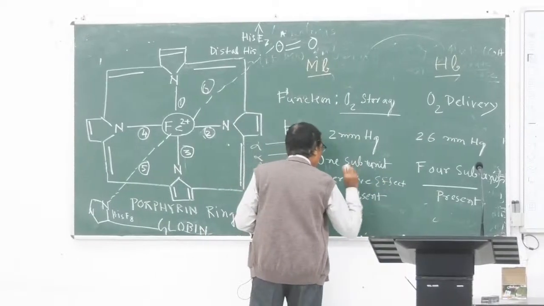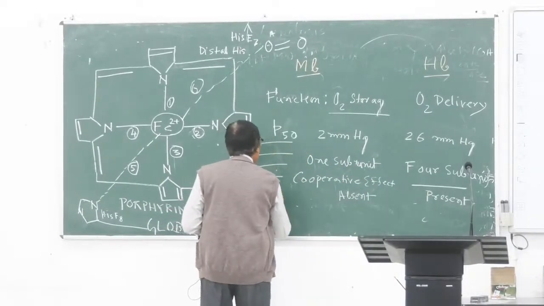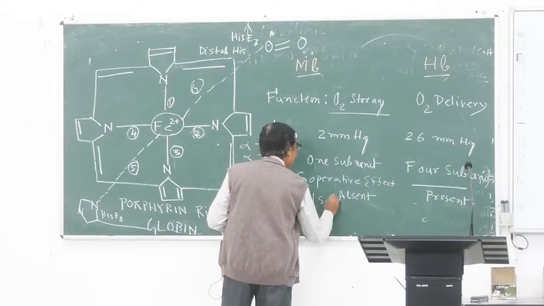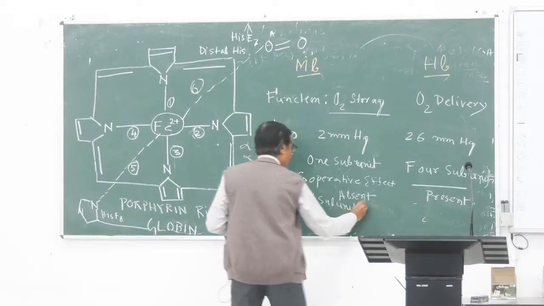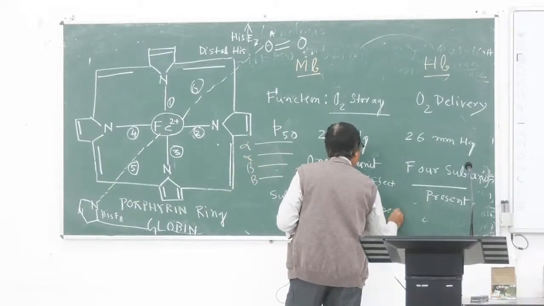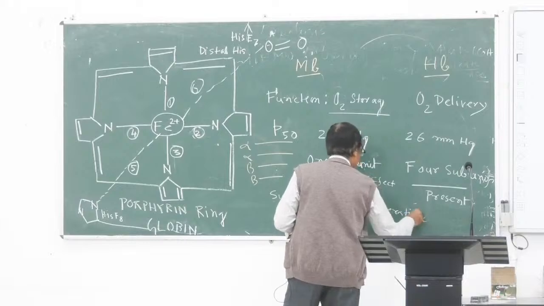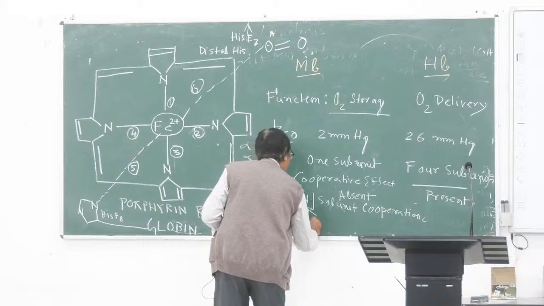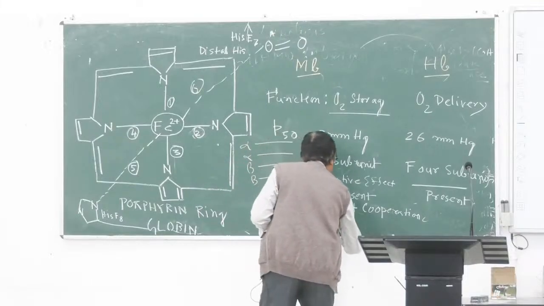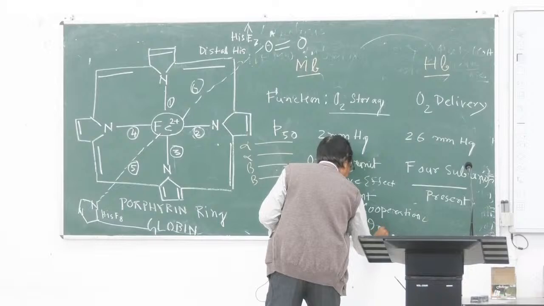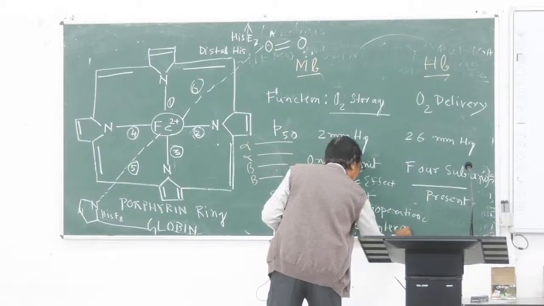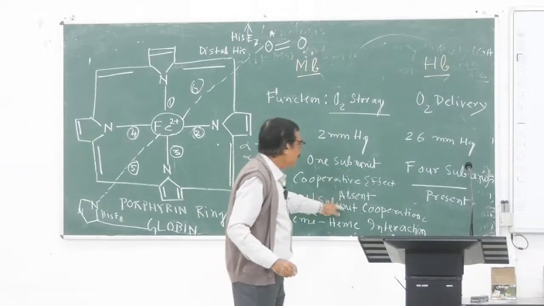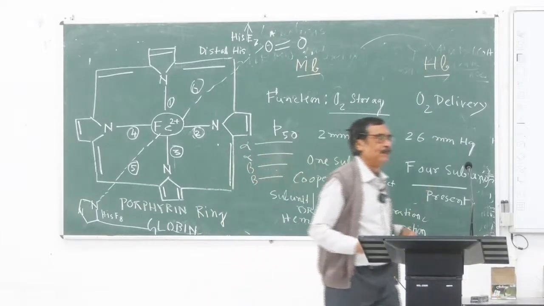absent in myoglobin but present in hemoglobin. তাহলে এই টার্মিনোলজি গুলো জানবে। সাব ইউনিট কোঅপারেশন, or heme interaction, both are same, একই জিনিস। যদি দুটো লিখতে বলে শর্ট নোট, অ্যান্সার কিন্তু সেম হবে, হিম ইন্টারাকশন অর সাব ইউনিট কোঅপারেশন। এটা অ্যাবসেন্ট ইন মায়োগ্লোবিন, প্রেজেন্ট ইন হিমোগ্লোবিন।